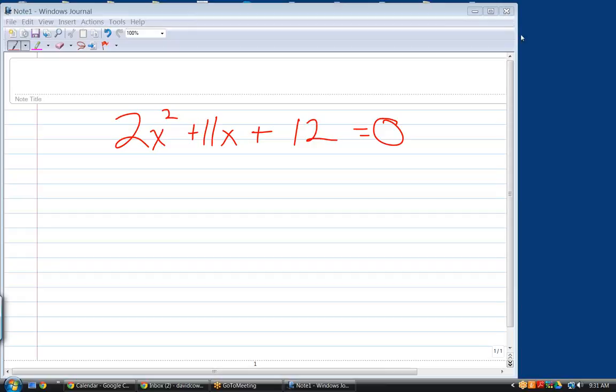When we had first level quadratics, and by first level I mean this coefficient was always a 1, it was pretty easy to factor. We had 3 or 4 rules that as long as we went through those 3 or 4 rules, we could always factor it. Well, when you get to second level,